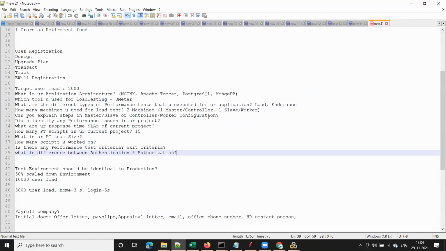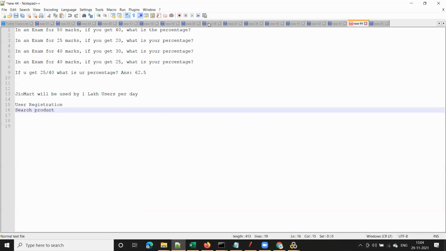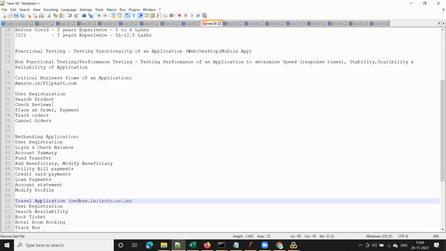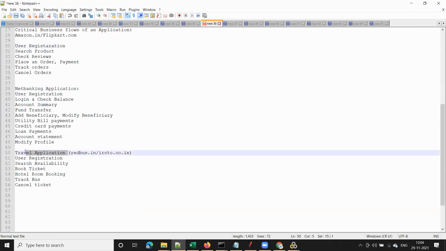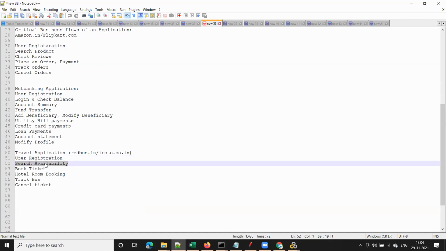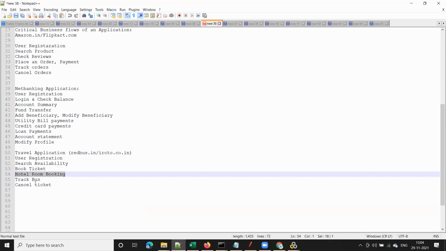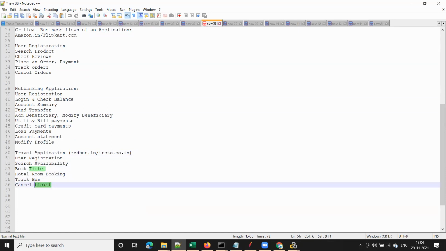We discussed the critical business flows of any application. Suppose you want to test this travel application. The first part is user registration, where we need to create some user IDs. Next, we will create one script for search availability, one for booking a ticket, one for hotel room booking, one for tracking a bus, and we will run all the scripts together.